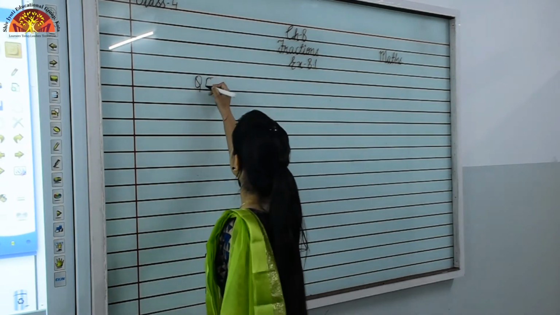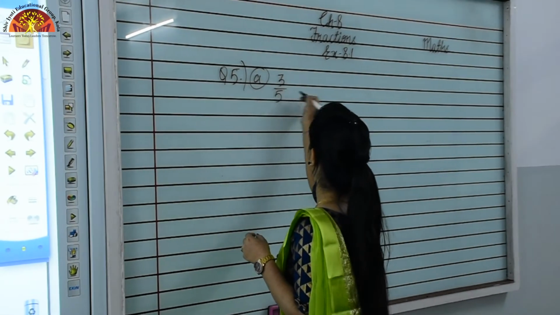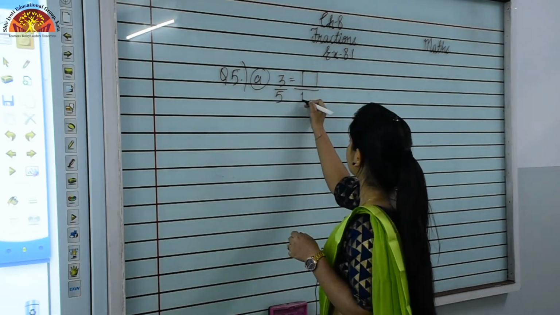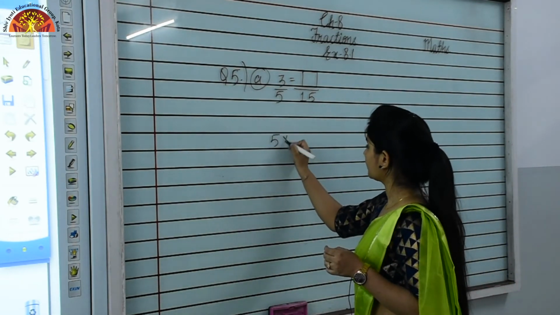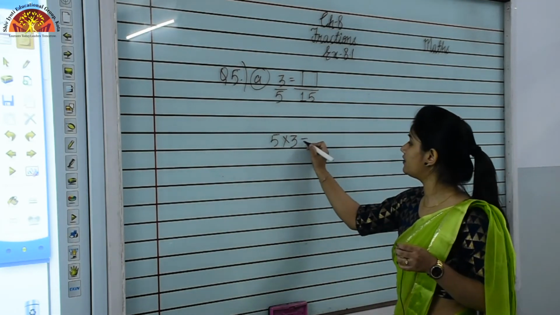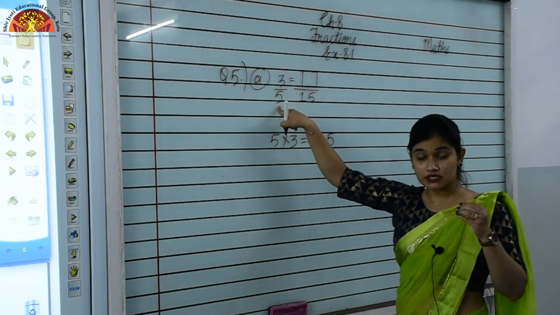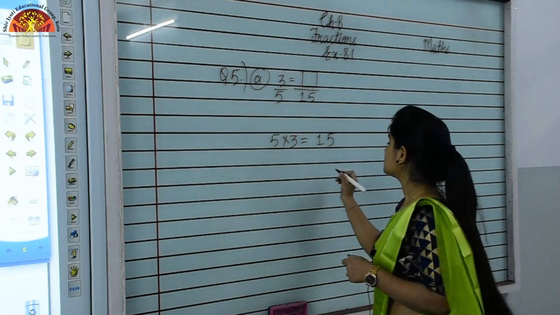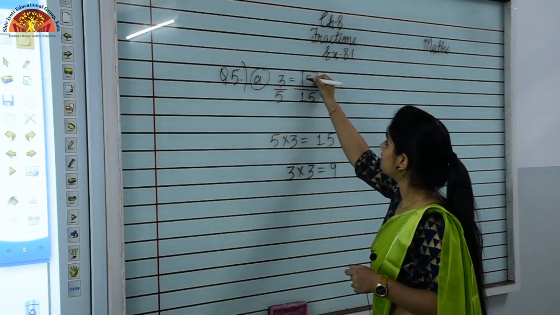Question number 5, A part is 3 upon 5 and this is 15. So students, if I will multiply this 5 by 3, I will get 15, and you can see 15 here. And if we are multiplying this denominator by 3, it means we have to multiply this numerator also by 3. So 3 multiplied by 3 will be 9, and here 9 will come.